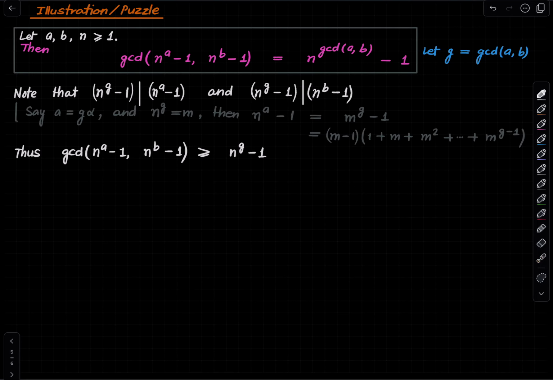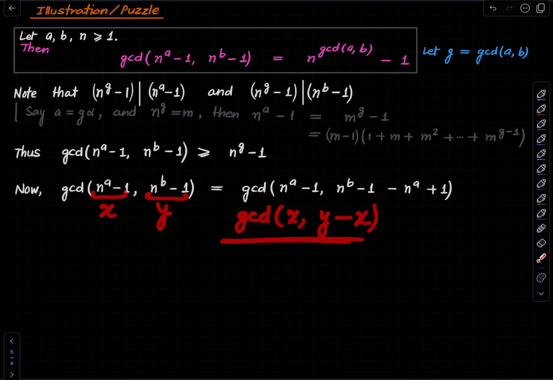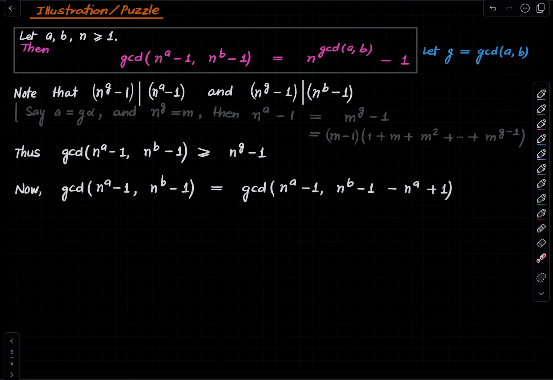Great. And now to do the full thing, note that for the reverse inequality, we have that this GCD is, by the Euclidean thing, I hope this is clear. Call this x, call this y. All we are saying is that GCD of x comma y is GCD of x comma y minus x. Right? This is the Euclidean thing, which is equal to